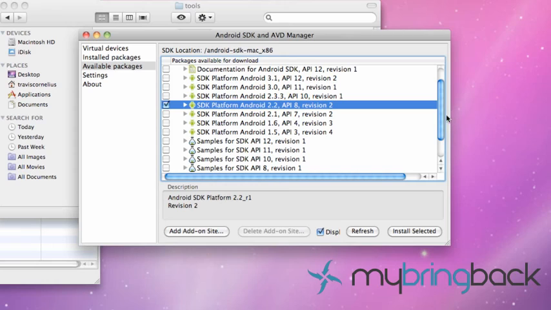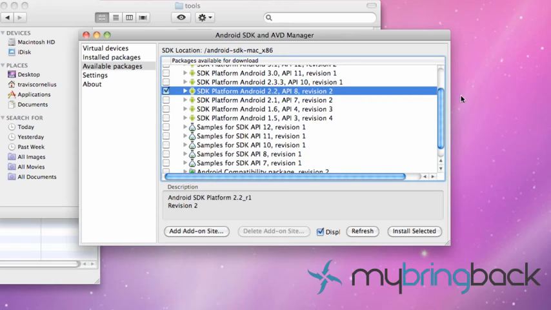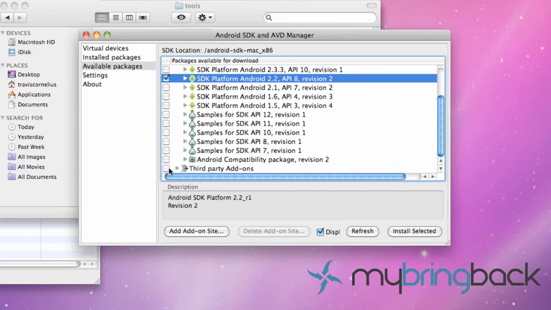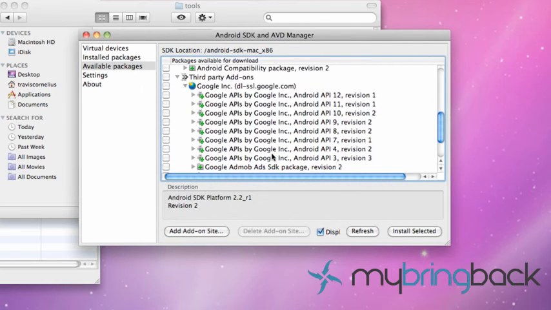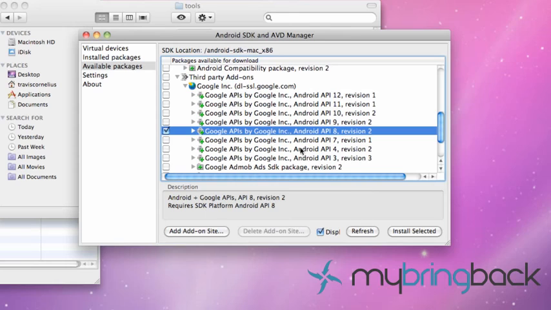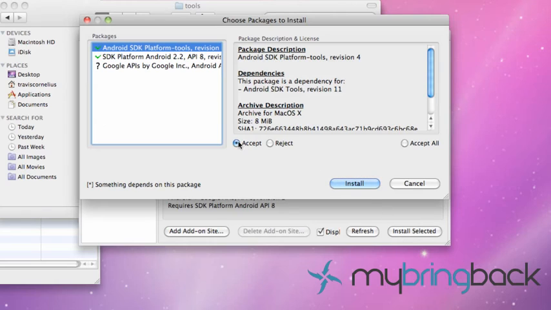And then you can also download some samples to look through code. I'd recommend that. Again, I'll probably download all this stuff, but I just want to explain what's going on here. For example, you can get some APIs from Google, so if you're using Google Maps or anything like that, you're going to want to download one of those. So I'm just going to hit API 8 as well, and install selected, accept